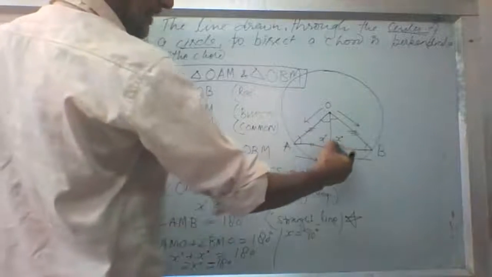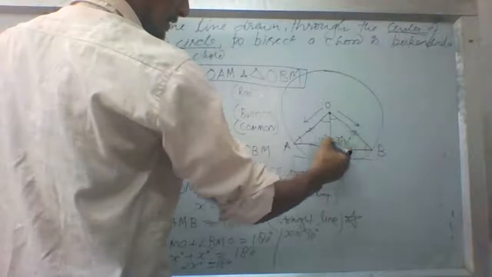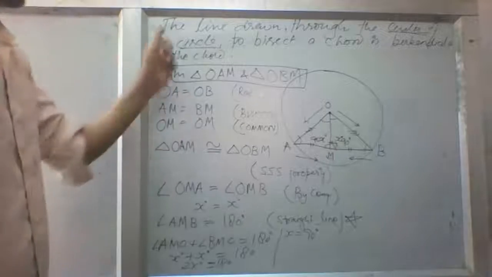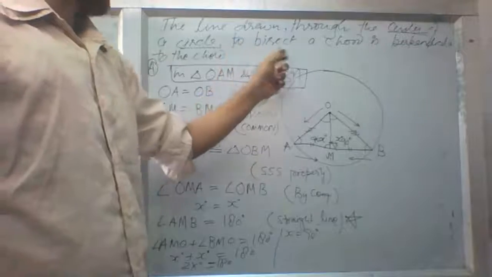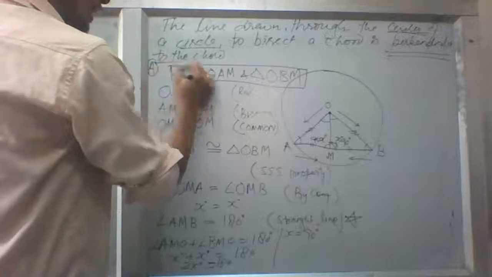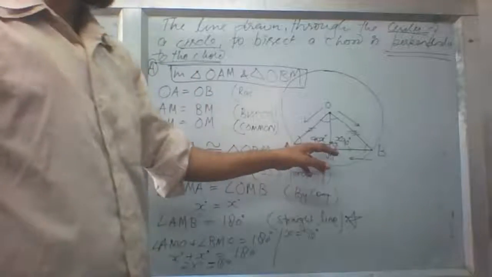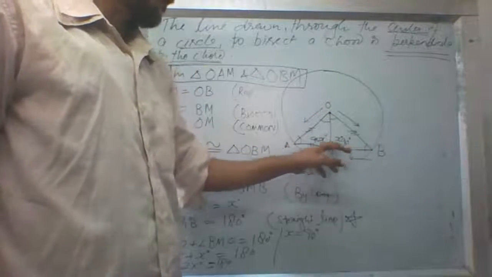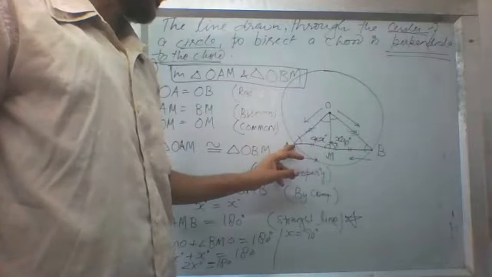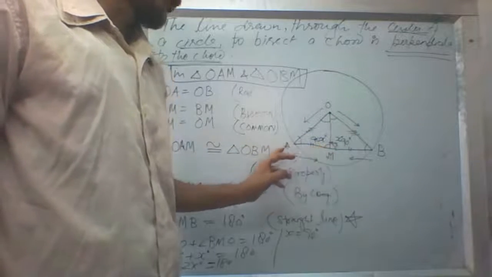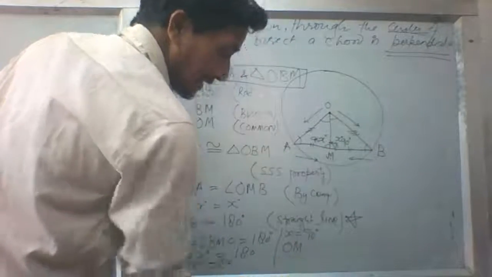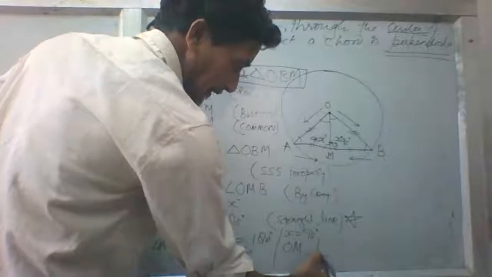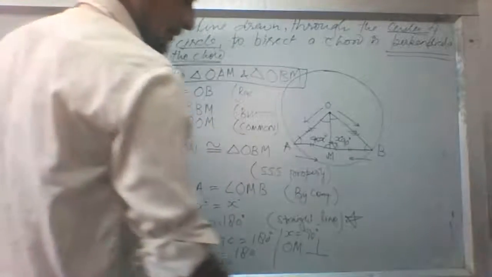If x is equal to 90 degrees, this is 90 degrees. So the line drawn through the center of the circle to bisect a chord is perpendicular to the chord. Now you have proved that OMB is 90 degrees and OMA is also 90 degrees. So OM is perpendicular on AMB. So line OM is perpendicular, make the symbol of perpendicular, on